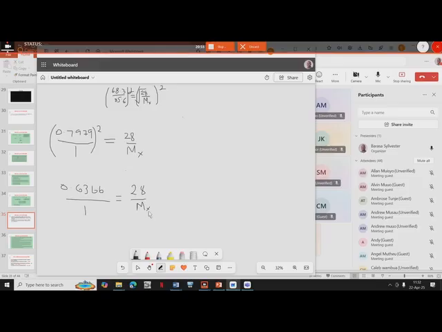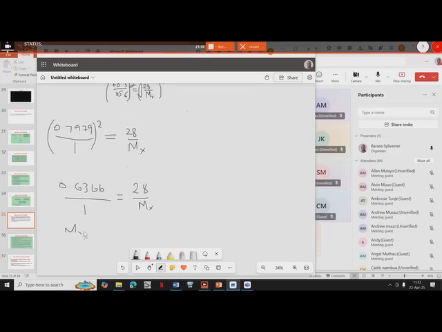So we are looking for mx. Mx will now be equal to, you cross multiply. So 0.6366 mx is equal to 28. So mx will be equal to